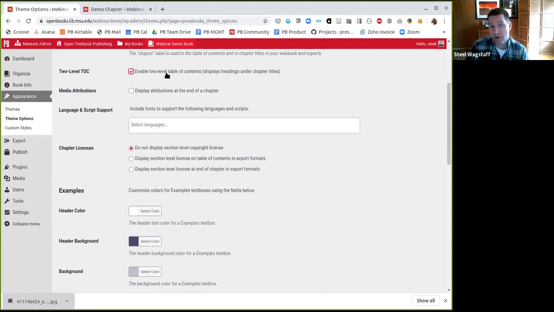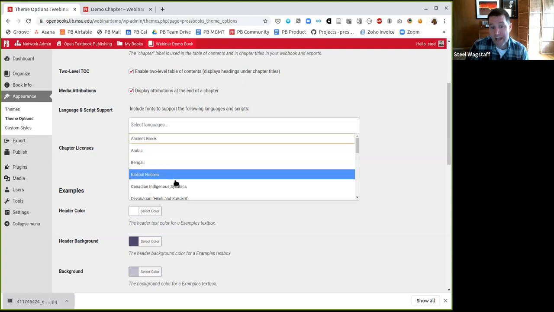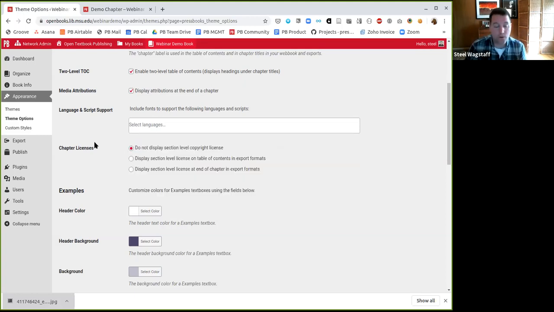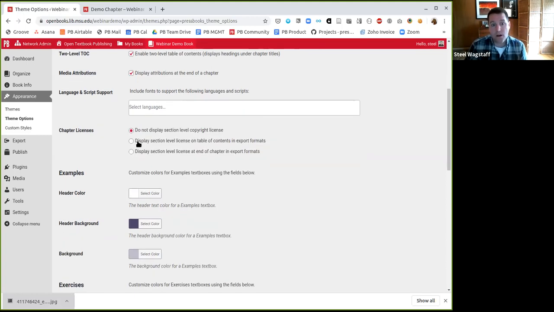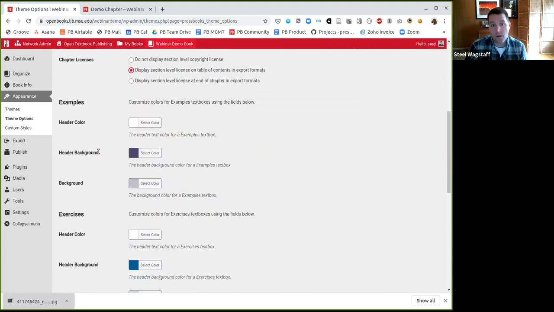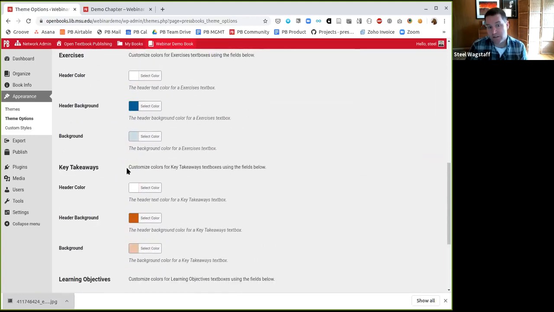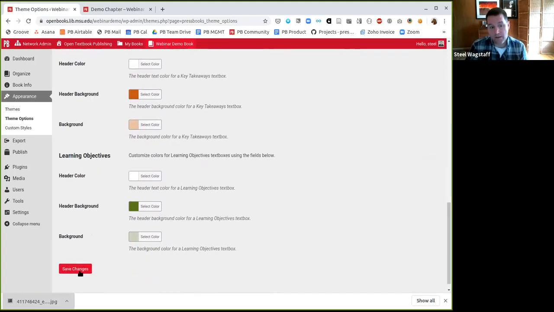For example, I could turn on this 2-level table of contents. I can display my attributions. I could add support for other languages which use different character sets than English or than the Latin alphabet. I can choose to display chapter licenses in my exports at the end of the chapter. And then I can customize the text boxes like you saw me doing earlier. Let's save all of these